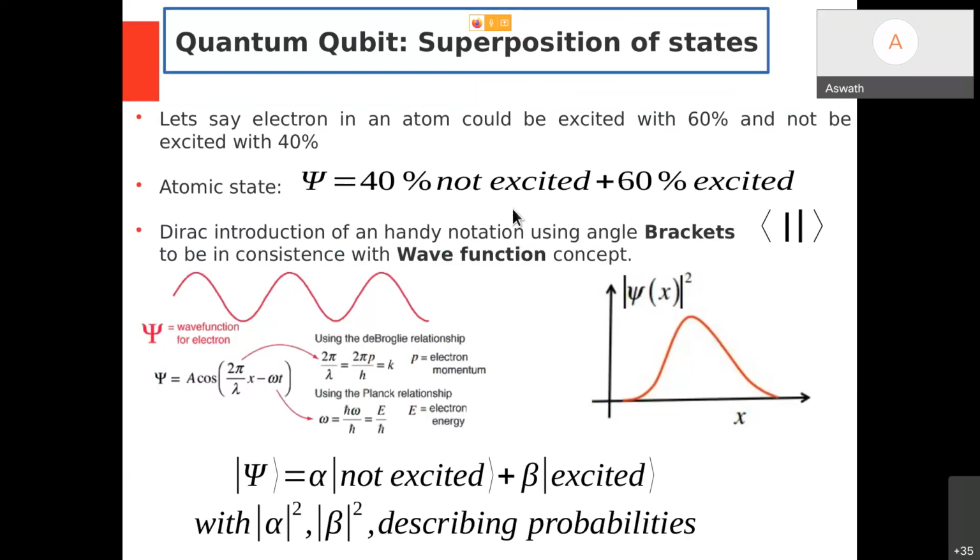So what is a wave function for an electron? It's a wave. How should I represent a wave? Using some cos or sine function with some position and time dependency, right? So this is a wave function for me. But what I'm writing as a wave function for an electron, whether excited or not, is this. It doesn't make any sense. The first one makes sense because I have a wave. I take a modulus and square it, and I get the maximum possible location of the electron here, position-wise, right? But this is not making any sense. It will make sense when I bring in the scientist Dirac's notation.